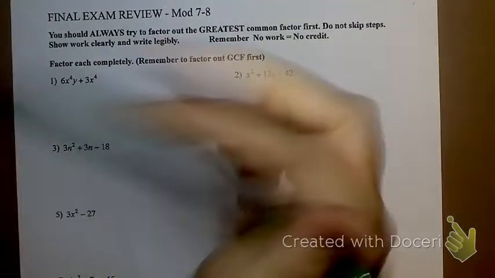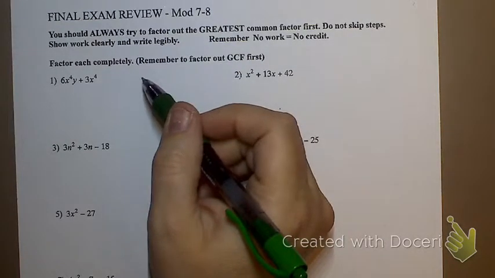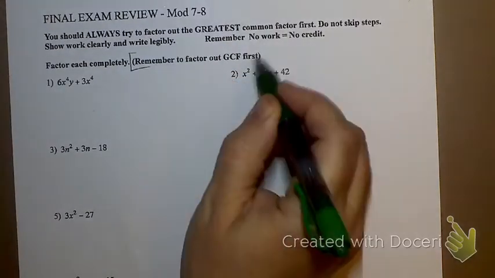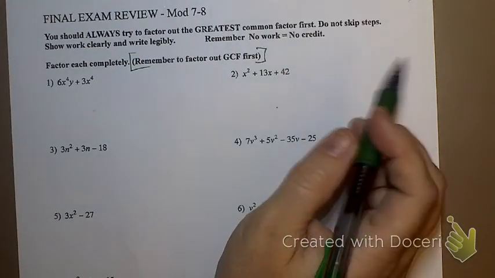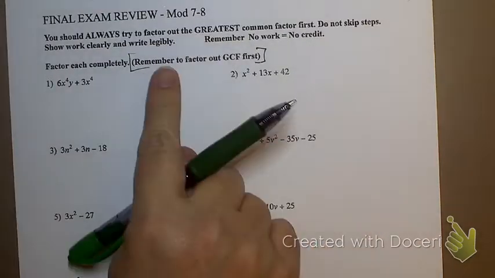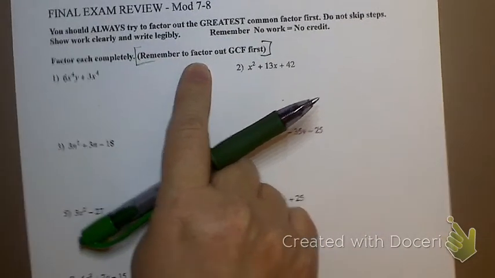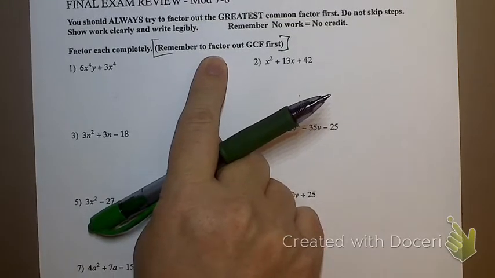All right, so here we go. This one's all about factoring. There is an important thing here that says remember to factor out the GCF first. What does that mean? Okay, so I need to look and see what do they have in common before I do any other of